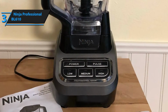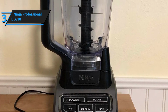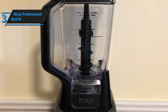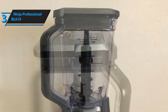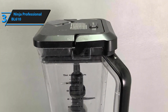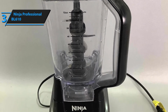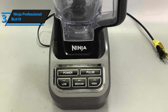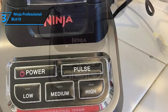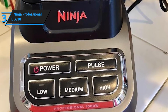Its actual dimensions measure 9.50 inches by 7.50 inches by 17 inches, and it weighs approximately 7.1 pounds. The design of this blender is quite amazing. Basically, it's a 64-ounce glass pitcher equipped with an ergonomic handle mounted on a small plastic base where you'll be able to find all the controls: power, pulse, low, medium, and high settings. Speaking of which, you'll get to use 3 different power settings, allowing you to customize the density of your shakes